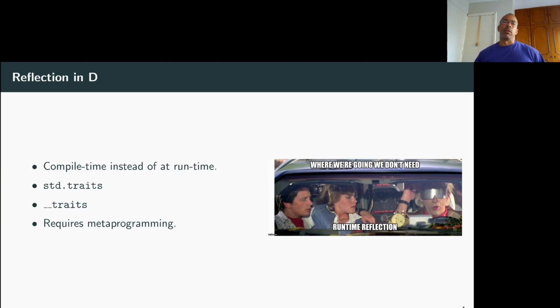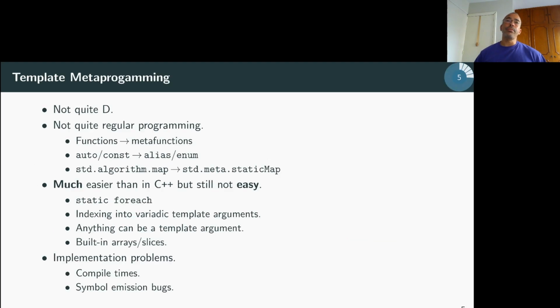The whole idea was that double underscore traits is supposed to be ugly so people would use it, and we'd use it to have things in the standard library that people would then use, but it didn't quite work out that way. The APIs aren't quite consistent either, even just within double underscore traits. Sometimes you get symbols, sometimes you get strings, which you have to mix in or use another trait for that. And it does require metaprogramming to be able to use. So this is the status quo right now.